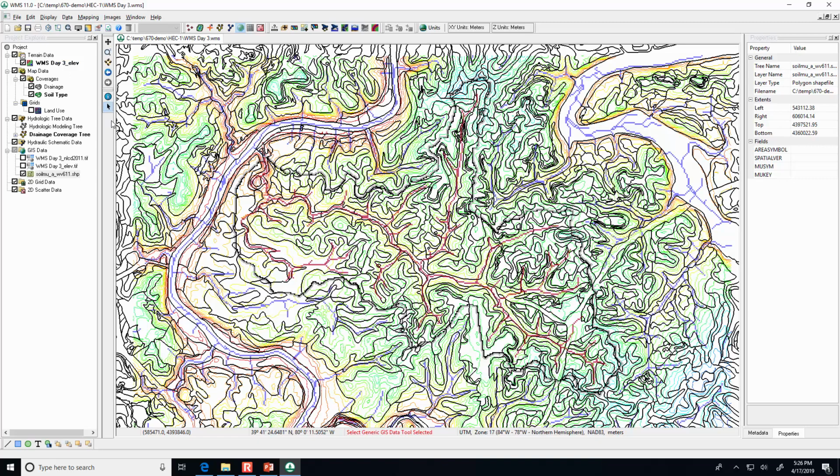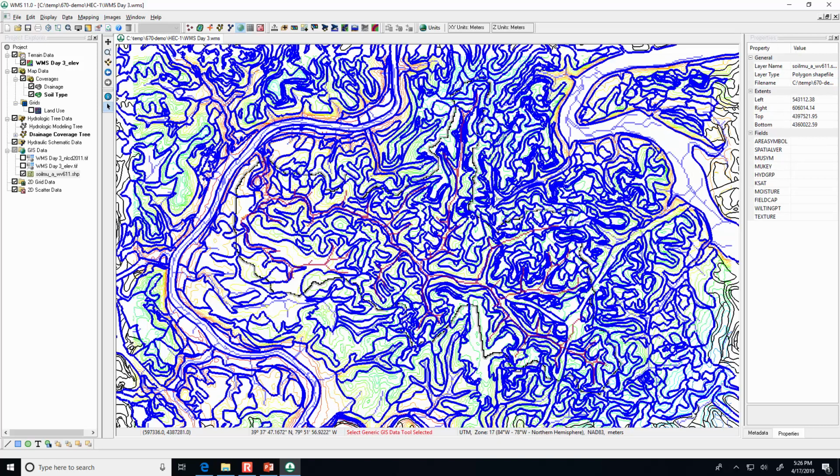And now we're going to use the select shapes tool and click and select all of the ones that are on top of our watershed. So they're selected. Then we're going to go into mapping, shapes to feature objects.